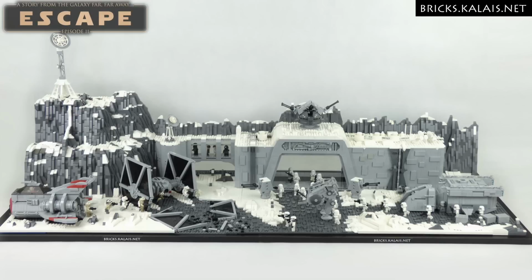This next build is one I've been wanting to talk about for a very long time. It is simply called an Imperial Base by a builder by the name of Kalais, or Brick's Treasure, and it has an interesting story behind it. He designed this to be the set of a stop motion film that he wanted to work on. He launched an Indiegogo campaign for it last year in hopes of reaching a certain goal to not only add to this but also build some other scenes and sets in order to do that brick film